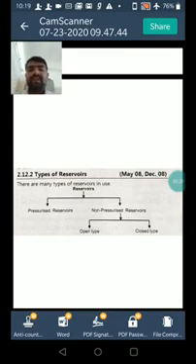In that there are many types of reservoir in use. First, the pressurized reservoir and the non-pressurized reservoir, and in the non-pressurized reservoir there is an open type and a closed type. First we see the pressurized reservoir. This reservoir operates at higher pressure than the surrounding atmosphere.